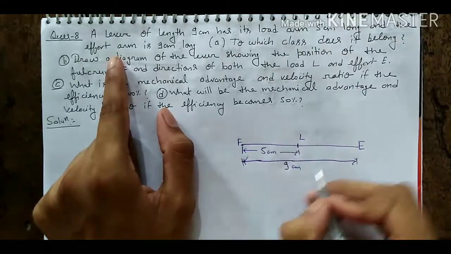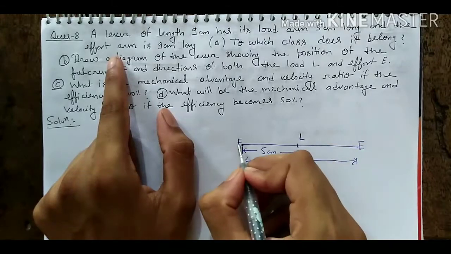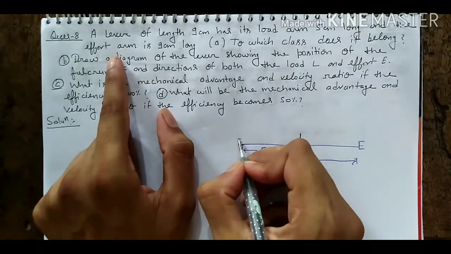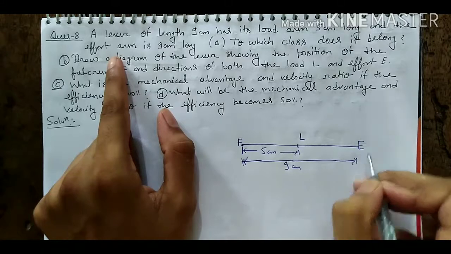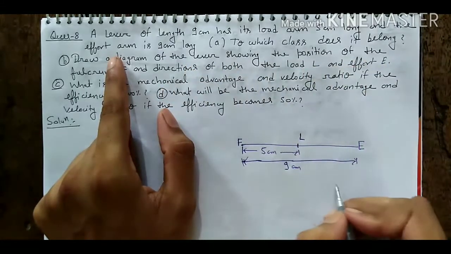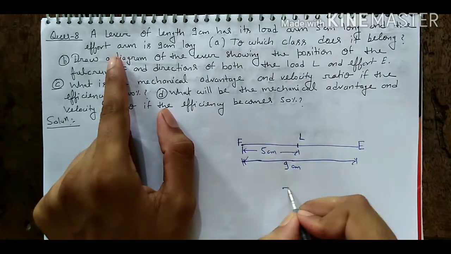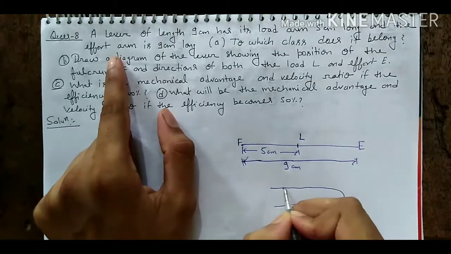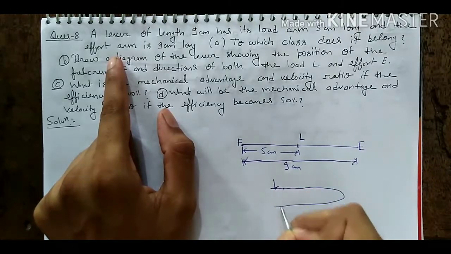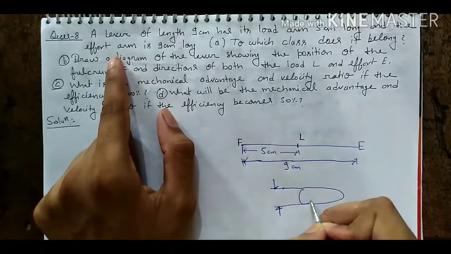In this type of lever, the load lies between the fulcrum and the effort. In this type of question, suppose we have a nutcracker. With a nutcracker we are applying a force. We compress it here, and we keep the nut in the middle.